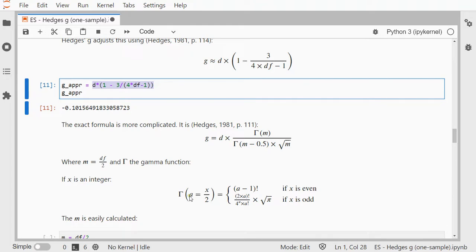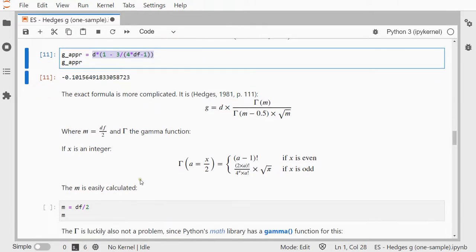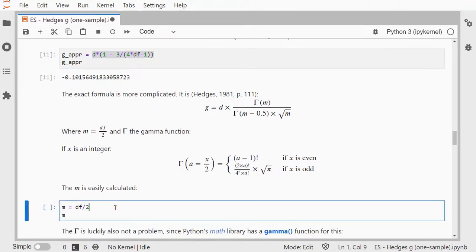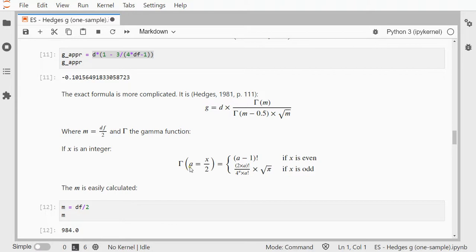If it's an even number, then it's actually that even number minus 1 simply factorial, and otherwise you have to do this scary one, which is 2 times the number factorial divided by 4 to the power of a times a factorial times the square root of pi. Now m is easily calculated, that's just the degrees of freedom over 2. And for this gamma function,